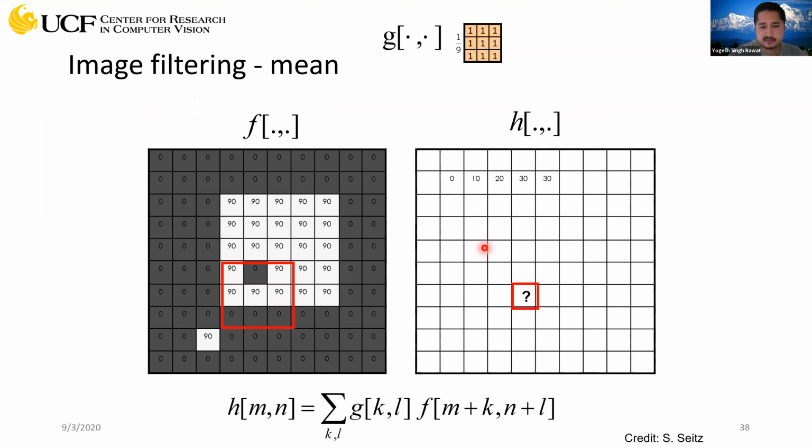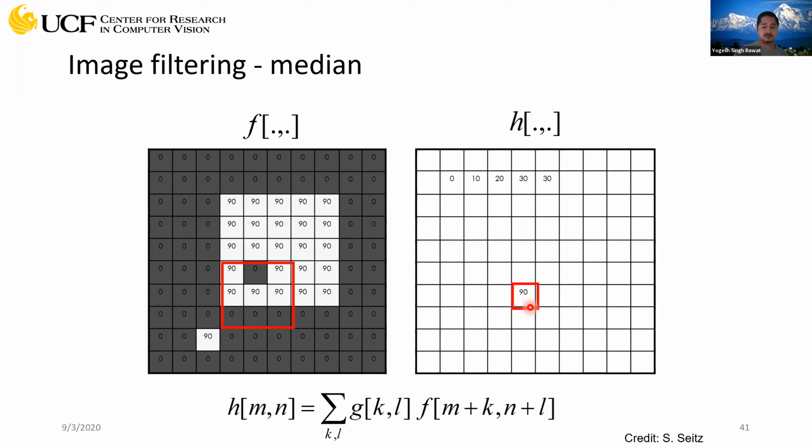So this is the example which we just saw a couple of minutes back. If we apply a mean filter at this particular location, we'll just compute the mean of all these values, and the mean will be 50, that's fine. Now, if you have to apply a median filter, what will happen? You have to consider all these values. So you have 4 zeros and you have 5 90s, right? So the median value will be 90. So you replace this with 90.